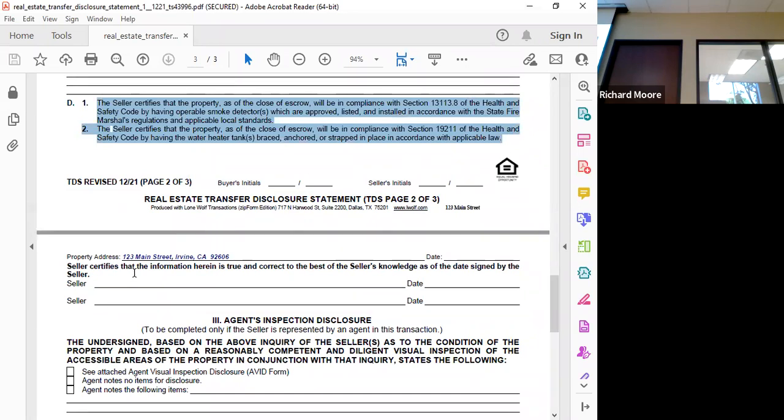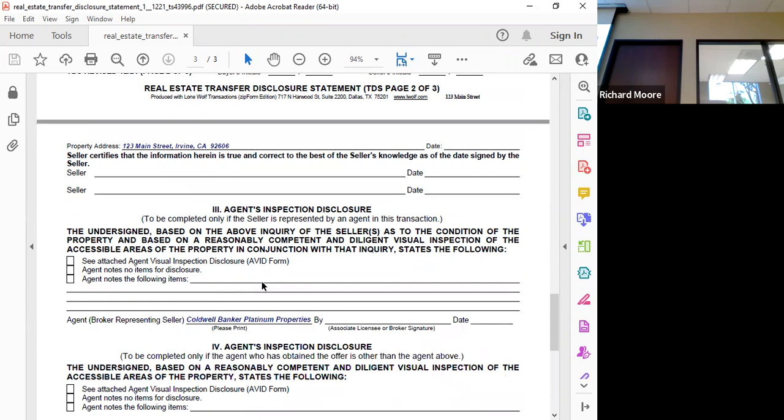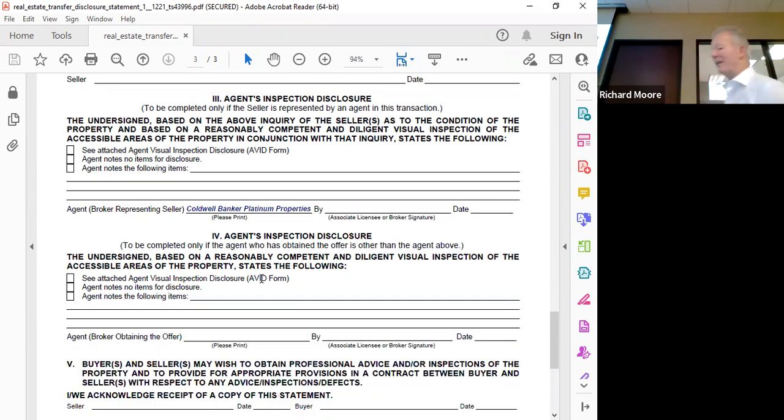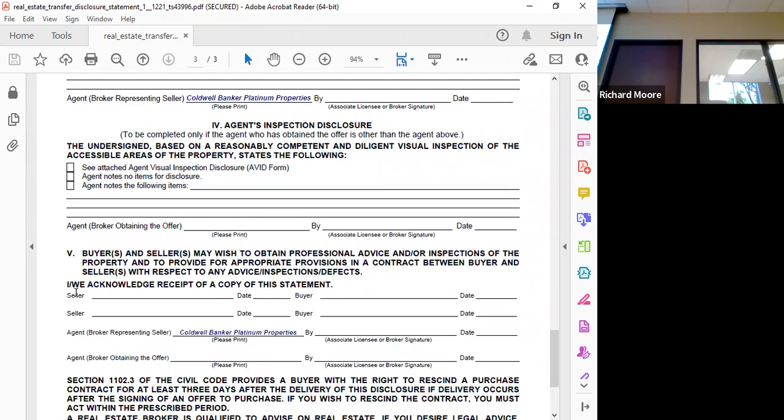And then remember to have delivery of a completed document. The agents must sign and they must complete their inspection or refer to the AID, which should be attached. And then the very last signature blocks, it's confirmation that there's been delivery of the documents. So that's exactly what's taking place in that form. The signature is often missed. All right, so then there isn't confirmation that it's been delivered. Should I make sure they sign it? Well, you should. We should make sure they are signing it, acknowledging that it was delivered. I don't know if anyone heard that, but Carlos said in many cases, and he would know better than anybody, many times the seller isn't signing.